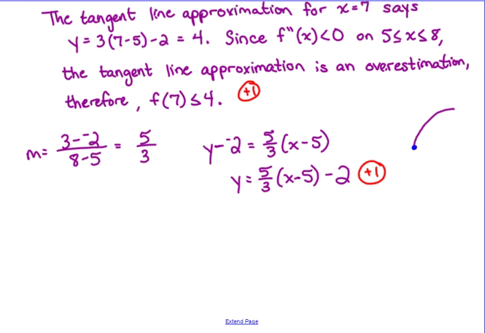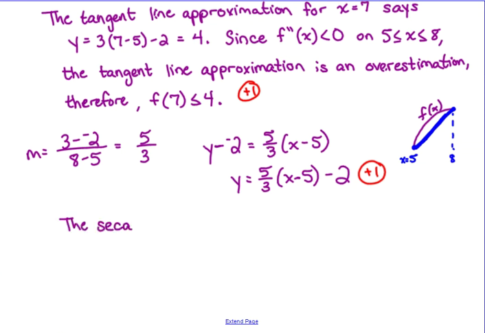So what the secant line does is it's connecting the two endpoints of our interval. So this is x equals 5, and this would be x equals 8 here. The secant line connects those 2 points. So where is the secant line in regards to the actual curve? It's under it. Okay, the secant line is under it. So if we plug in 7 into our secant line,